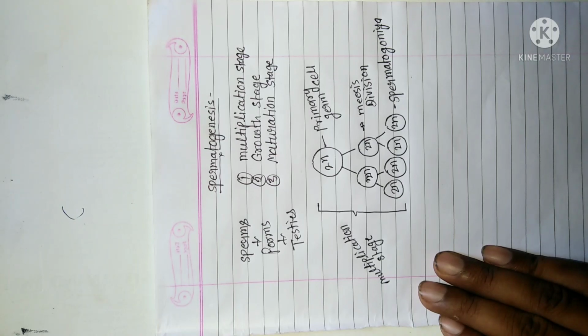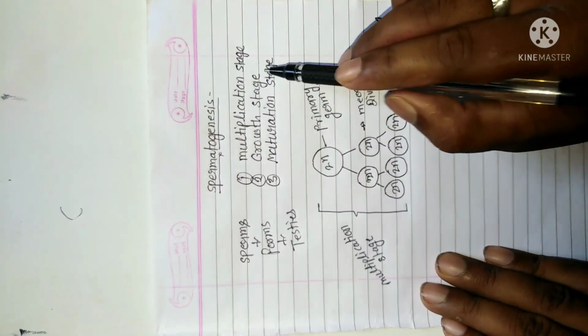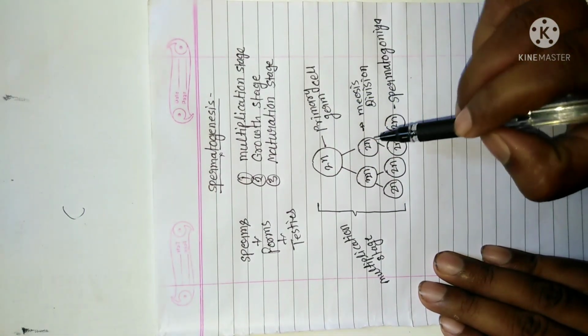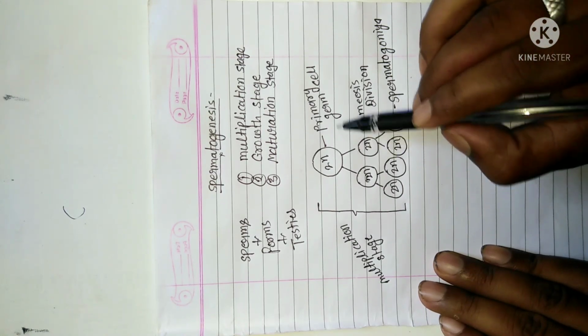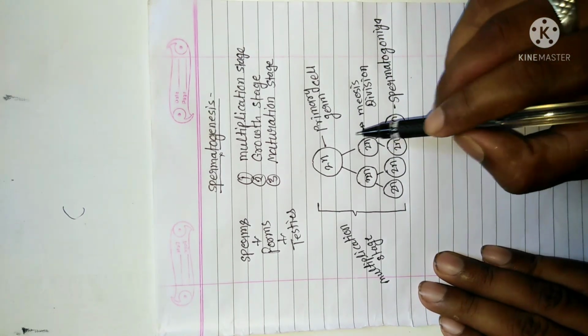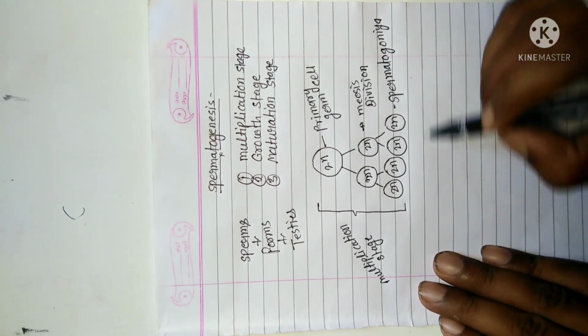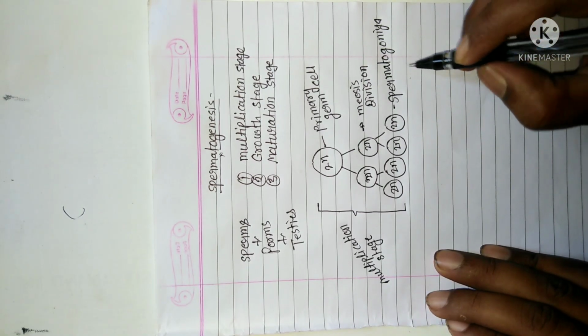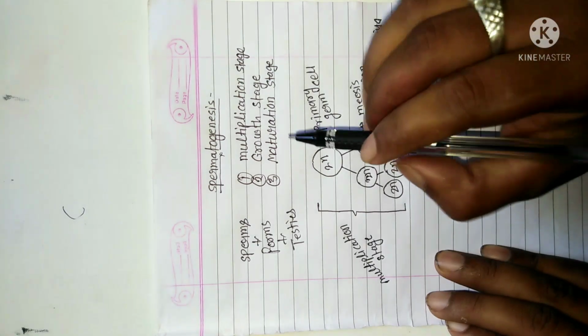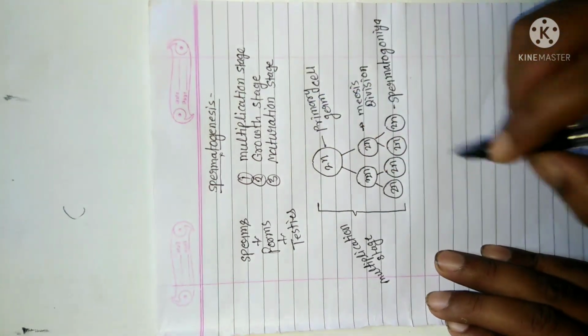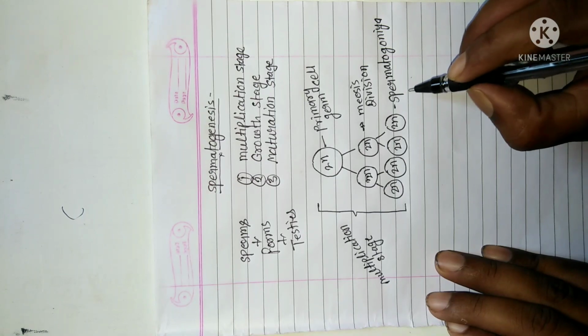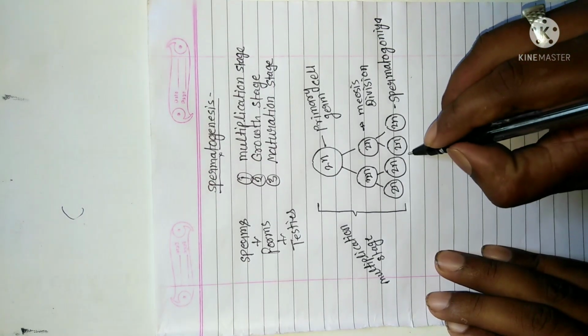So as we see in the multiplication stage, there is a primary germ cell. This primary germ cell divides many times by division and forms new cells which are called spermatogonia. Next stage is growth stage. In the growth stage, one spermatogonia